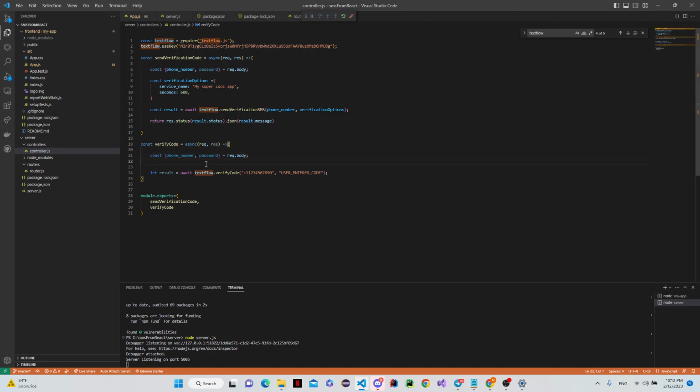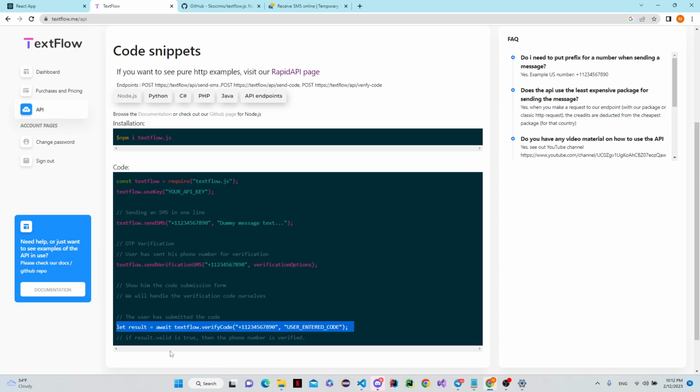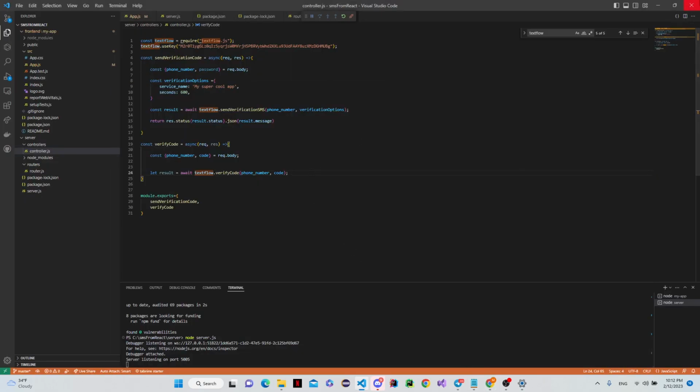Yeah, instead of password we need the code, and again just passing the actual user's phone number, and instead of this user entered code string, let's just pass the real code. Okay, now let's see. If result.valid is true, then the number is verified. Okay, great. So let's just use if result.valid